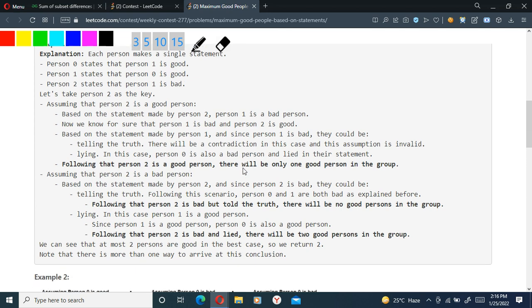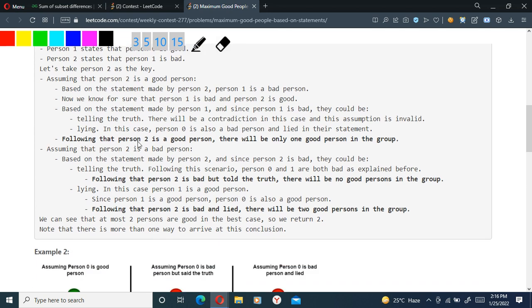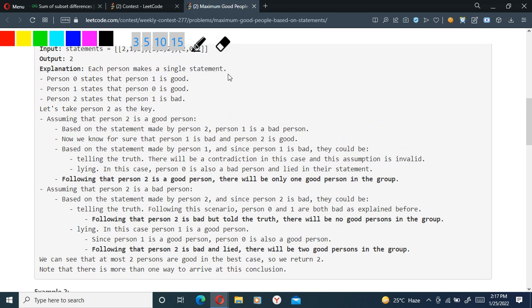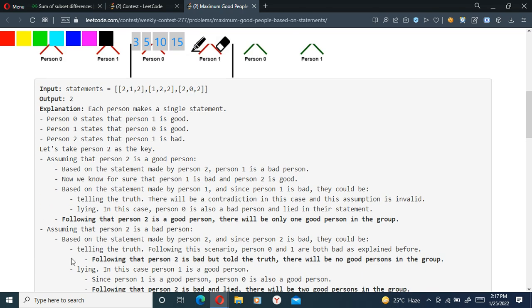Okay, we are getting somewhere. Following that person 2 is a good person, there will only be one good person in the group. Yes, that is person 2 himself. Assuming that person 2 is a bad person, now there can be multiple. Okay, person 2 is a bad person based on the statement made by person 2. Since person 2 is bad, they could be telling the truth